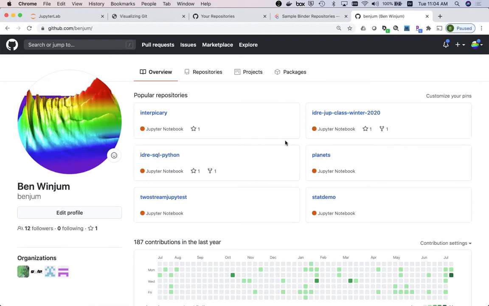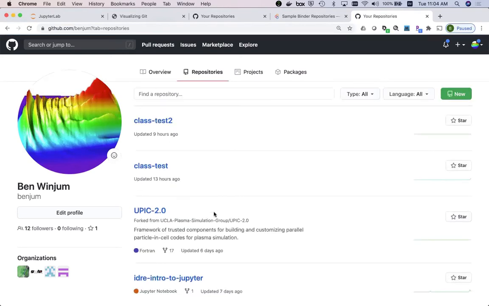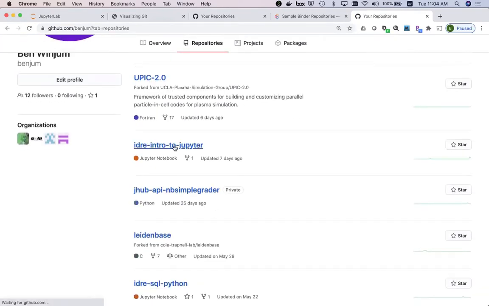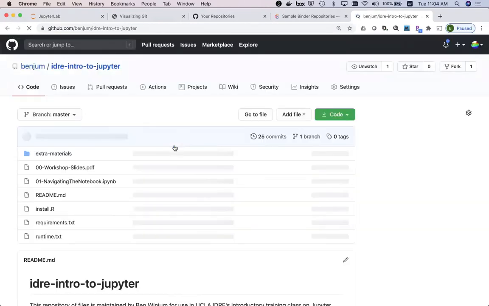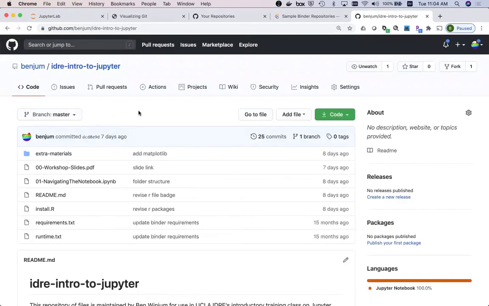That's kind of a central feature. Let me look at a recent repository that I made for a different class that I taught last week. So I made a repository for materials that I was using for a class for an introduction to Jupyter. So inside of this repository,